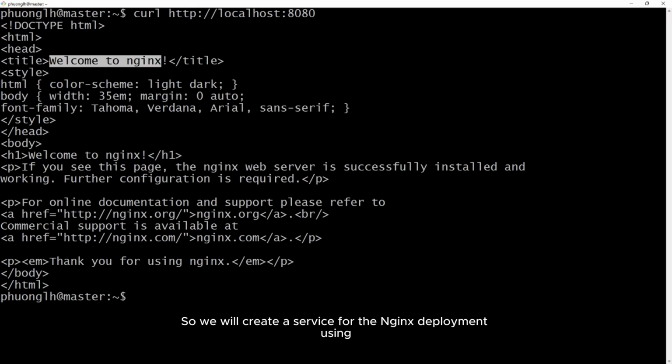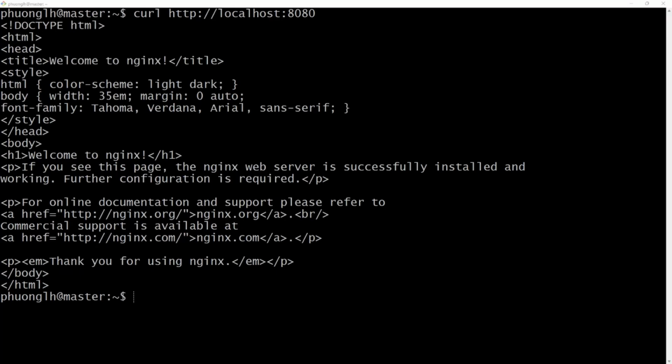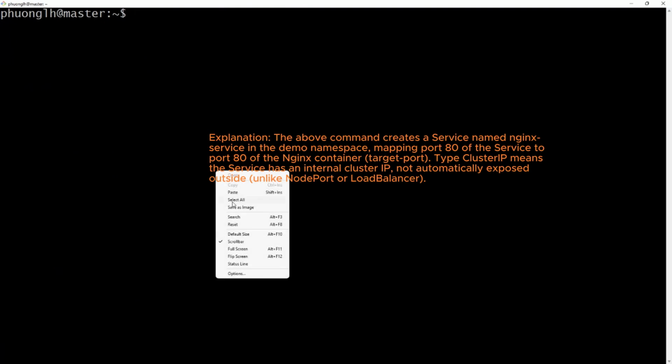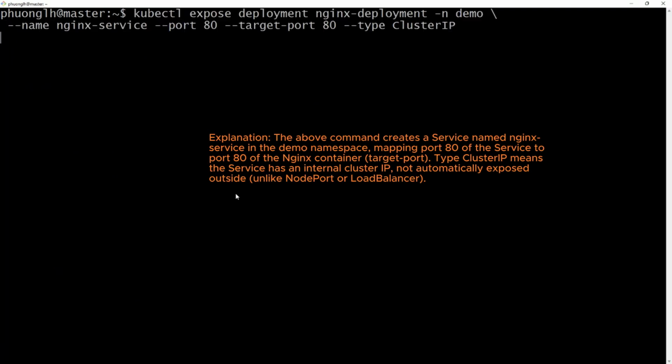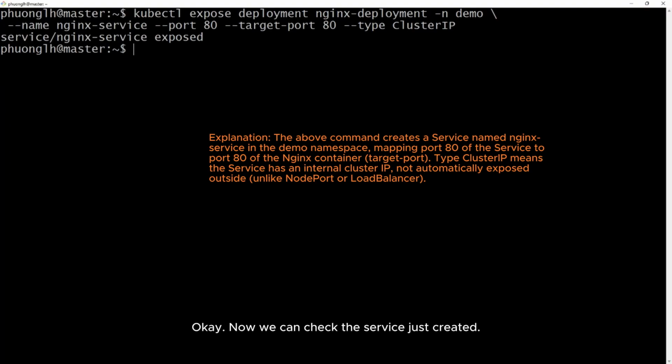So we will create a service for the NGINX deployment using kubectl expose.